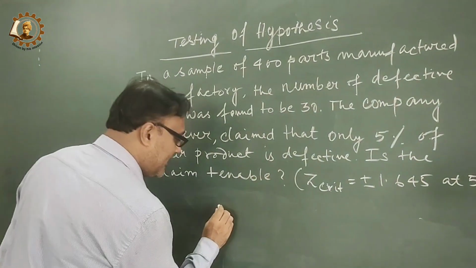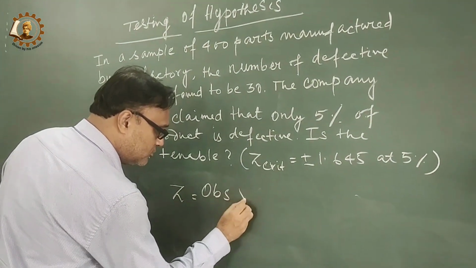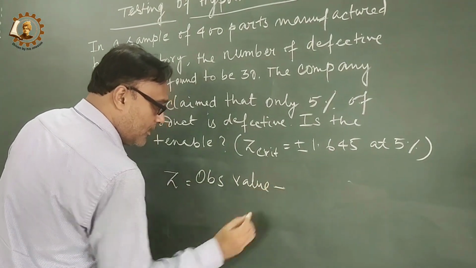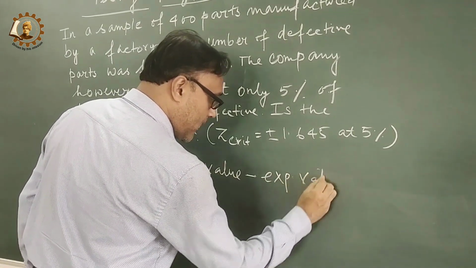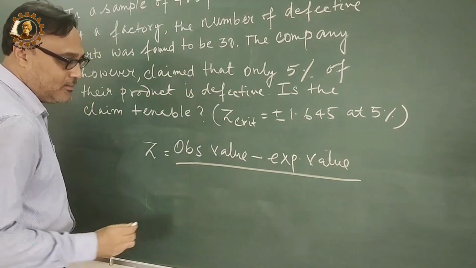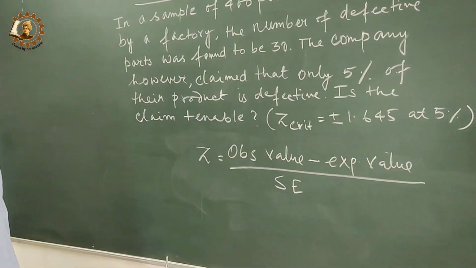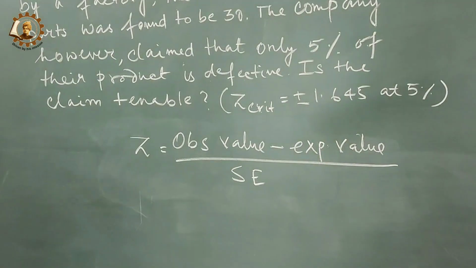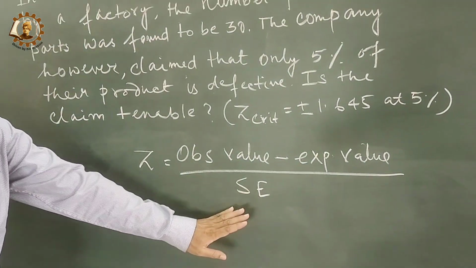formula of Z. So Z is actually defined as observed value minus expected value divided by standard error. Okay, so what is Z? Z is defined as observed value minus expected value divided by standard error. And